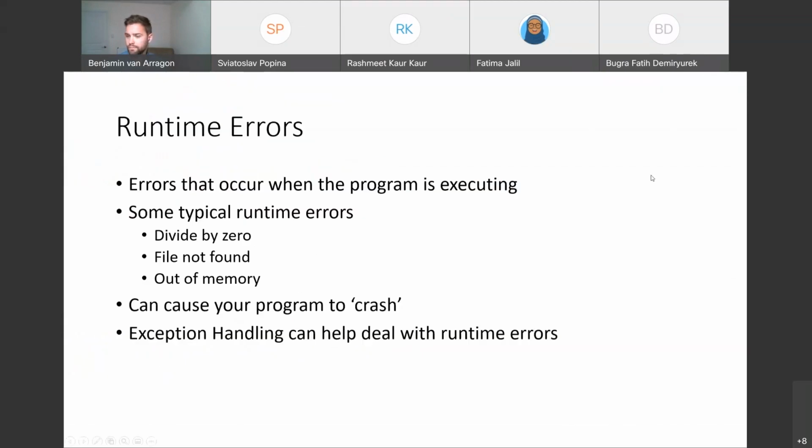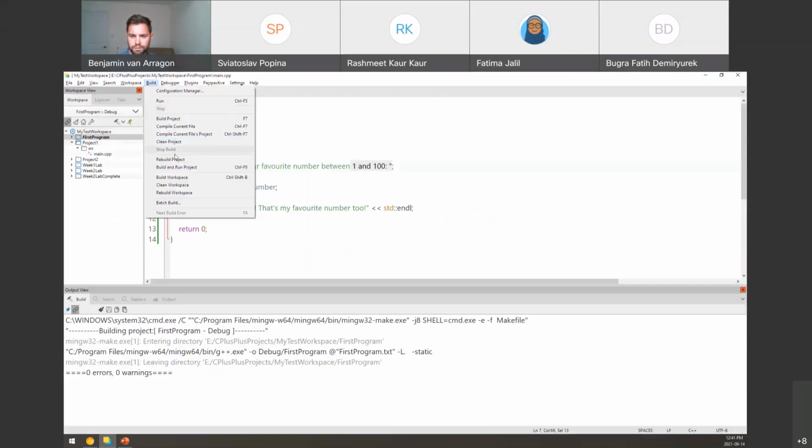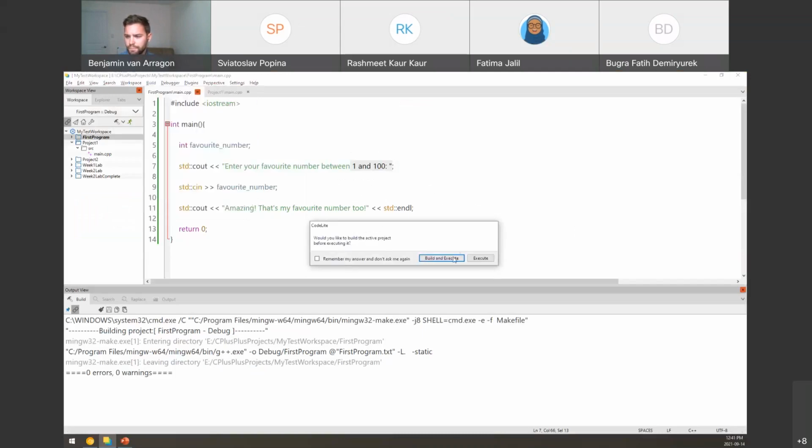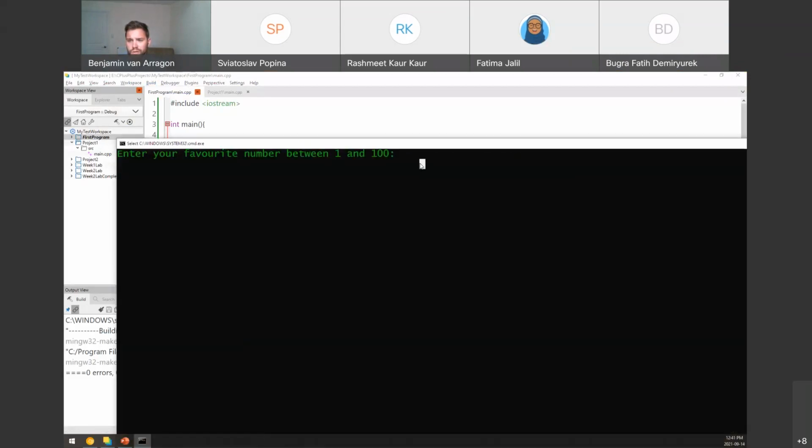Let's see. Running, I did a build and run. Build and execute. There it is. So I'll just zoom in so you guys can see it. Enter your number between 1 and 100. So you said, for example, if I put in 200,